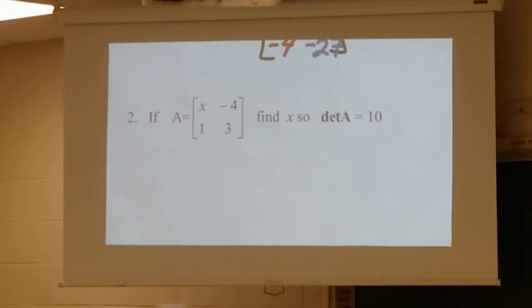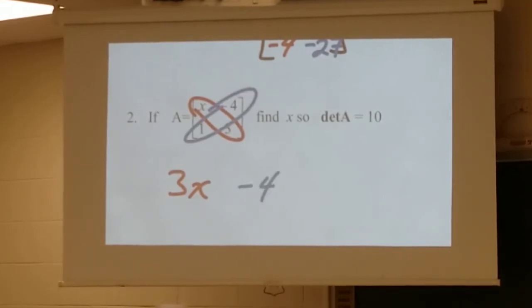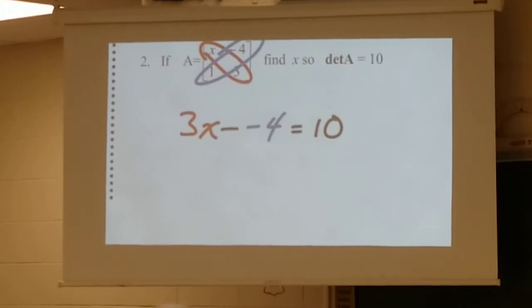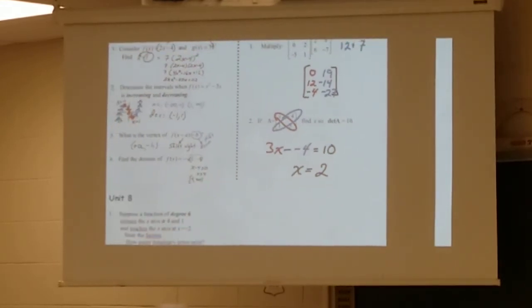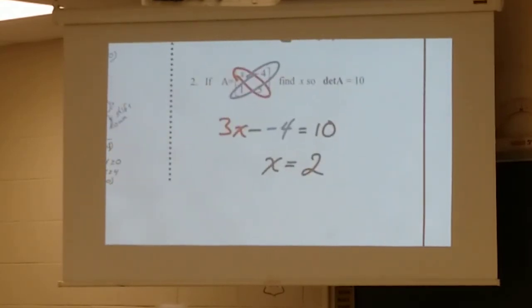Determinants. Again, do you remember? Sometimes just hearing the word, it's like, oh yeah, determinant. Determinants, it's a different idea. You multiply diagonals. You multiply diagonals. And then you subtract. Determinants require subtraction. And that's what's going to equal 10 just because this problem says so. So I multiply the diagonals, but I subtract, of course, in the right order, and that's why we get x equals 2. Now there's other things in that chapter which you'll find on the back of the paper,